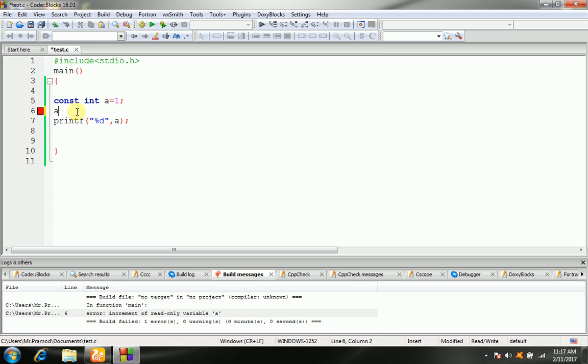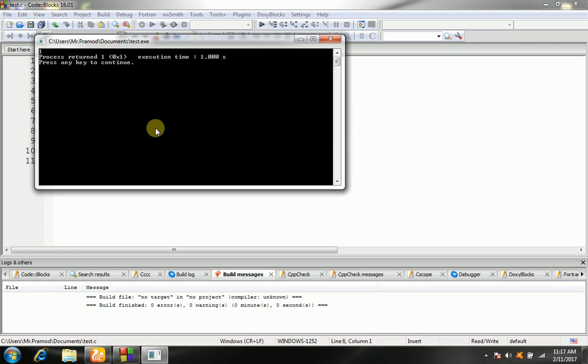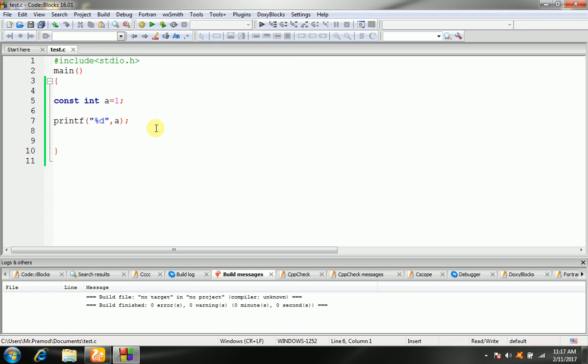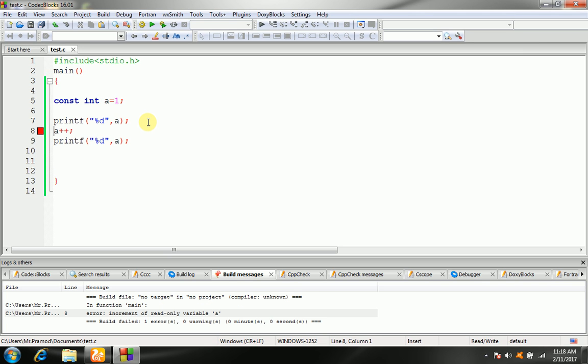Then we can remove this, and we will print this statement and further complete. After the execution of this statement, we will compile a plus plus, and again Control C, Control V, run again.